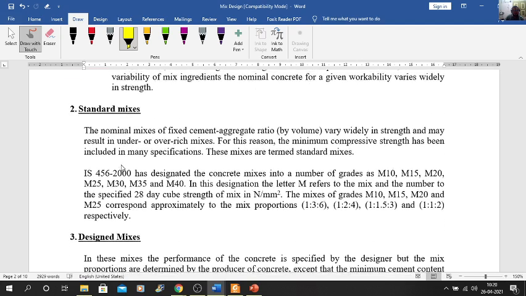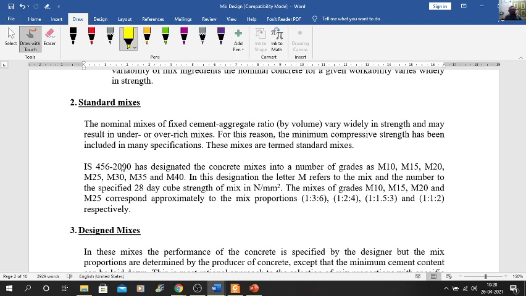The nominal mixes, or fixed cement-aggregate ratio by volume, vary widely in strength and many results. So in that case, IS 456:2000 has designed the concrete mixes into a number of grades, M10 to M20 to M40.